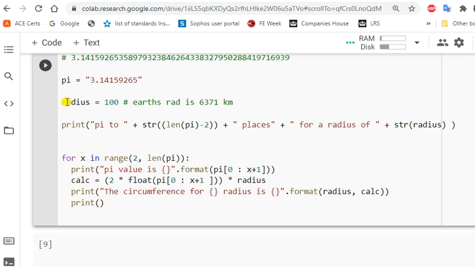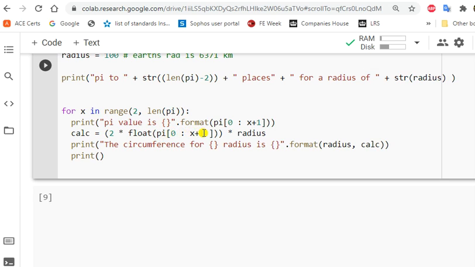I've introduced another variable at the top just below pi called radius. When we do the circumference of the Earth, we will use the radius, which is half the diameter, of 6371 kilometers. We're just going to start off with 100 just to get our calculation working. So with the radius of 100,